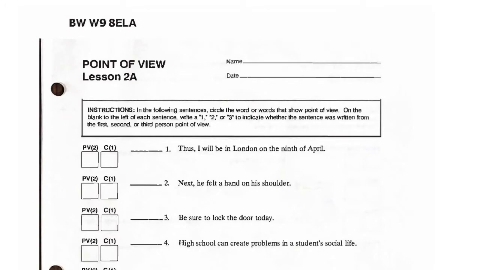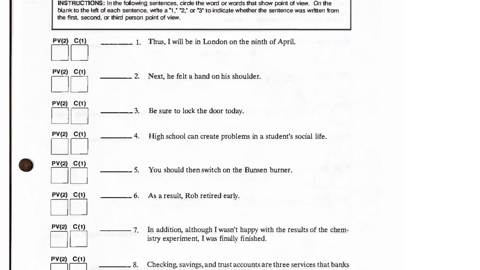First of all, I want to give you guys a little bit of notes, a little bit of background. It says, in the following sentences, circle the word or words that show point of view on the blank to the left of each sentence. Write first, second, or third to indicate whether the sentence was written in the first, second, third person point of view. So, if I'm doing first person,